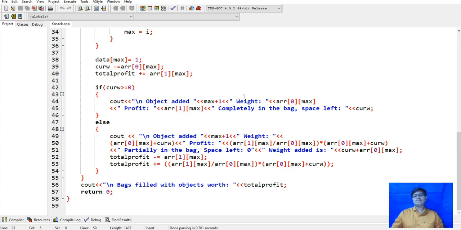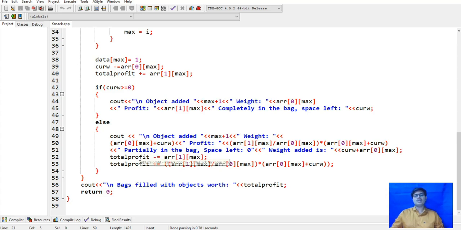Of all those, weight and profit will be divided by fraction, and the profit which is earned, it will multiply that, and it will show the space left if the bag is full, and all the weights, and it will print the total profit.